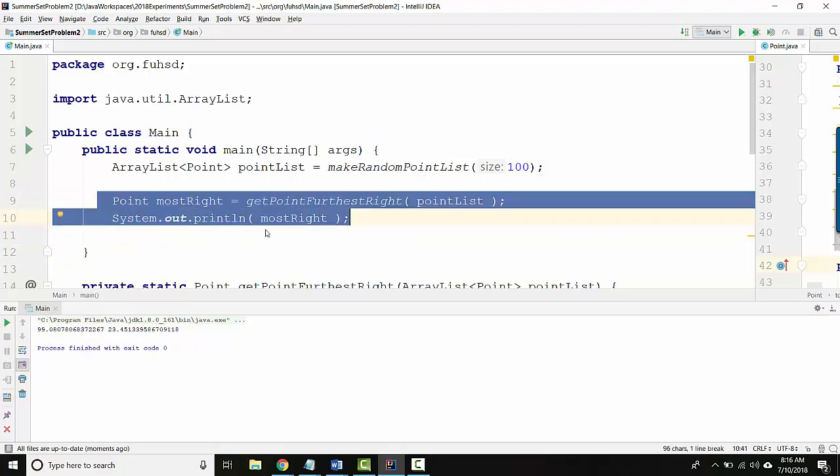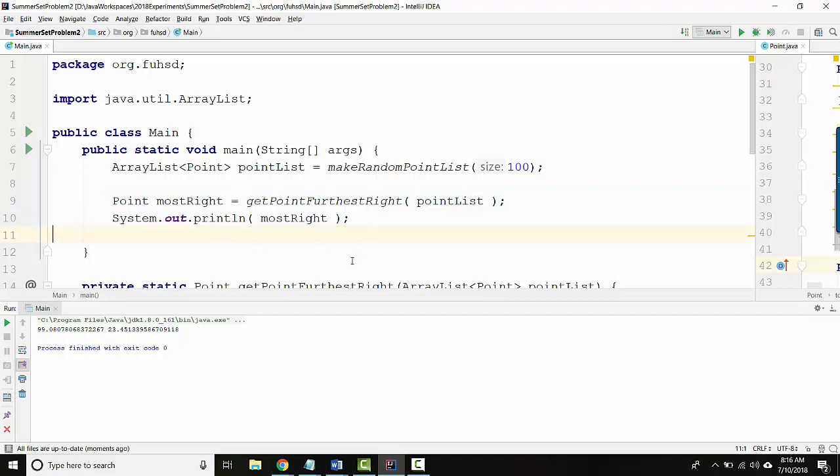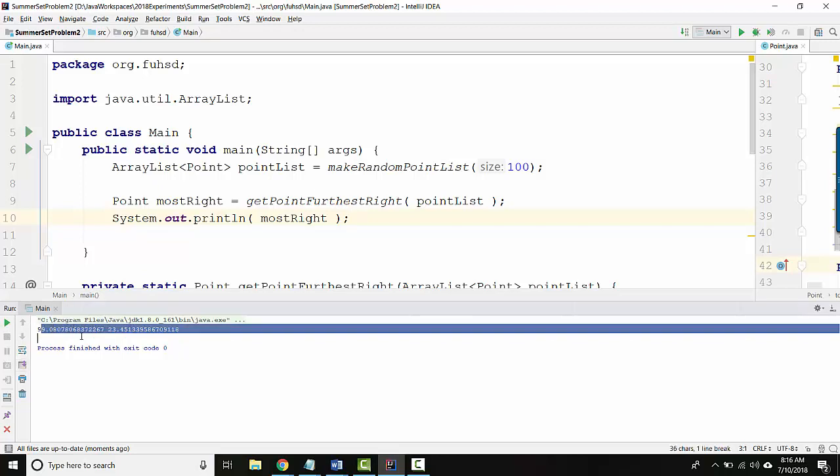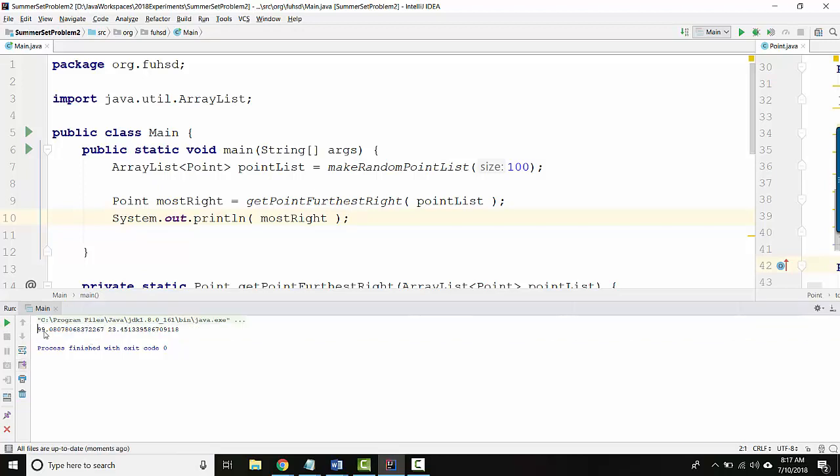So I haven't actually checked to make sure this works. If I really wanted to test this carefully, we would need to control the input list so that we know what's in it, rather than making a random one. But again, I just wanted to do a sense check, and this seems sensible. I'm not seeing values that are very small compared to what my maximum range is. All right, let's do the last